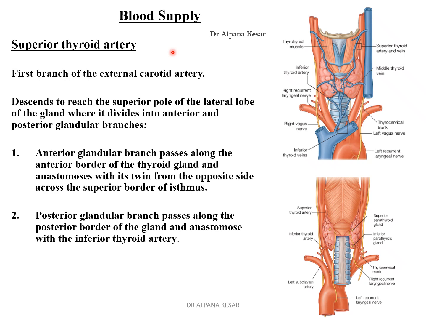Superior thyroid artery is one of the two arteries that supply blood to the thyroid gland. It is the first branch of the external carotid artery. After arising from the external carotid artery, the superior thyroid artery descends to reach the upper pole of the thyroid gland. At the upper pole of the thyroid gland, the superior thyroid artery divides into the anterior and the posterior